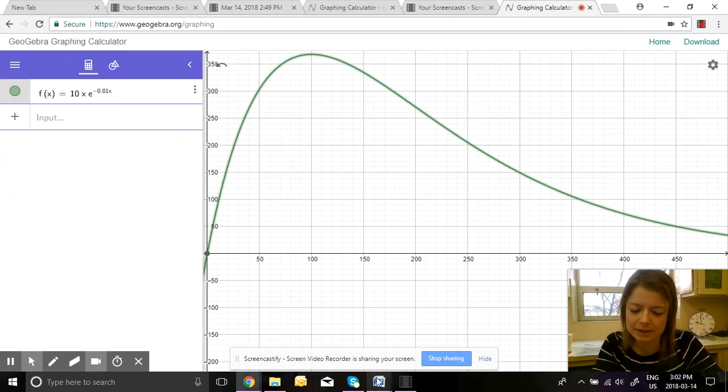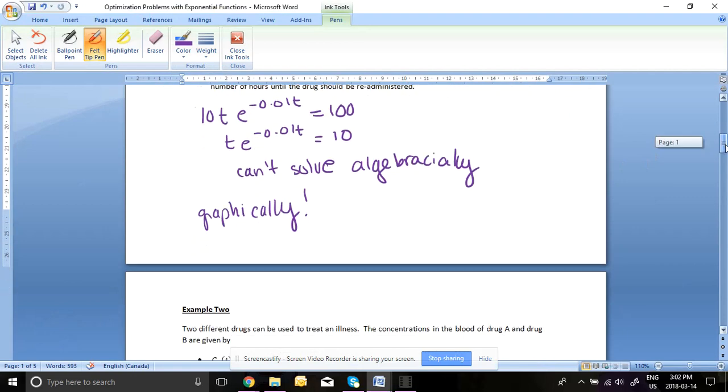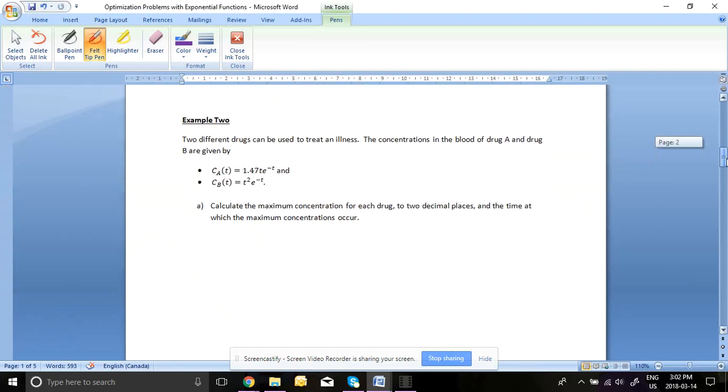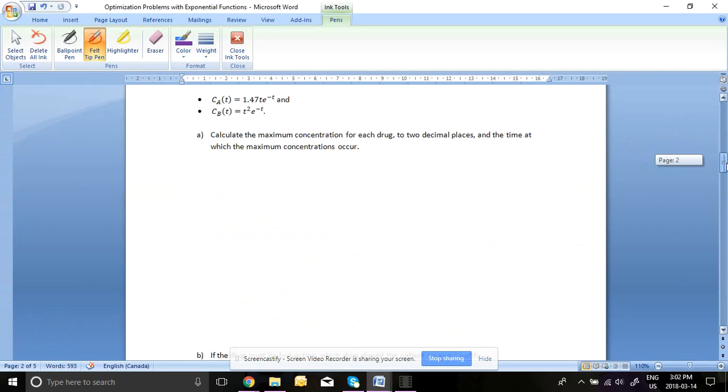Okay, so let's go back to the note. So that was example 1. Okay, so we need to be able to identify when we can solve graphically and when we cannot. Okay, so now we have 2 different drugs that are used to treat an illness, drug A and drug B. So we want to calculate the maximum concentrations for each to 2 decimal places and the time when those concentrations occur. So this is just a process of setting each derivative equal to 0, okay, and then making some